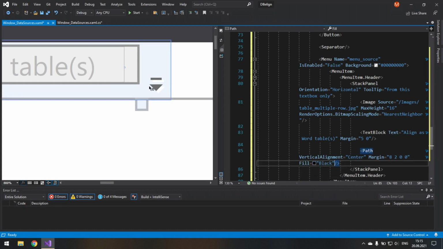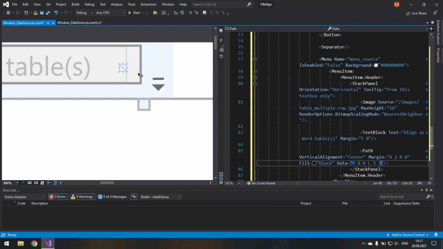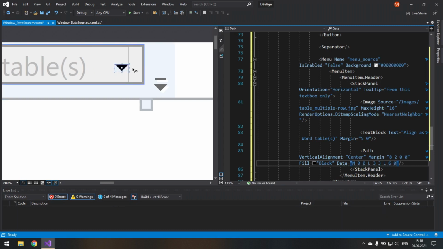Again, I remind you, this will be all the same arrow pointing to the bottom. You can draw it using the data property, which uses its own mini language. You start by typing M and then you put in the coordinates. I want it to start at 0x 0y, so I put 0 space 0. Then I want it to go here, so it's about 3 pixels, I guess, so L3. And yeah, you see it drew a line here. Then I want to go 6 0 like here, and Z.